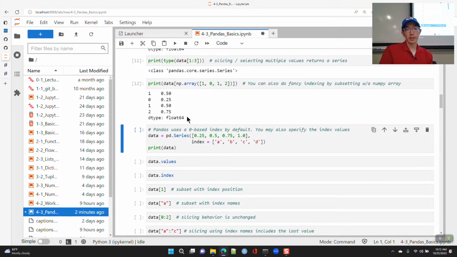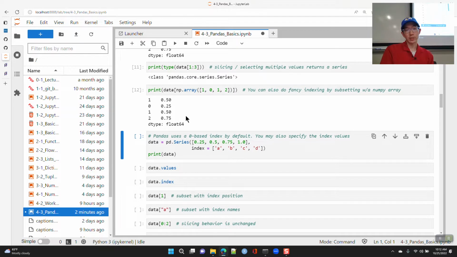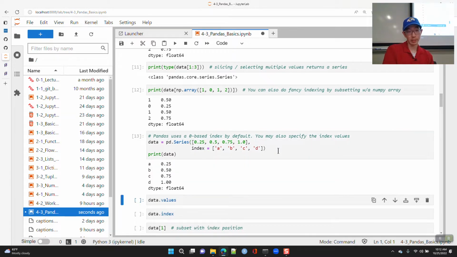Okay. So again, by default, if you don't specify the index, it's going to create a range index starting at 0, going up to the length. But you can also specify the index. So here, I'm going to give it an index with the values A, B, C, D. And now we have this, okay?